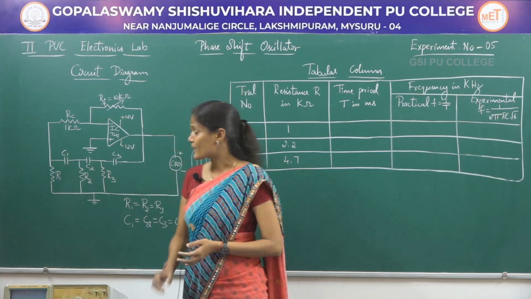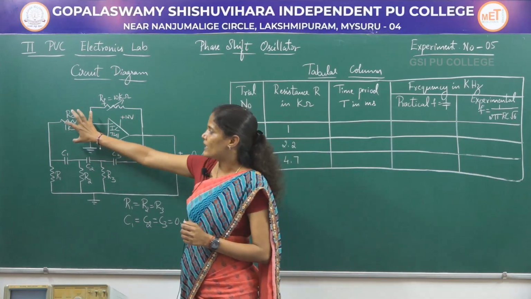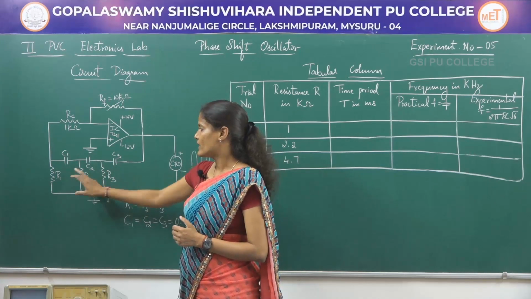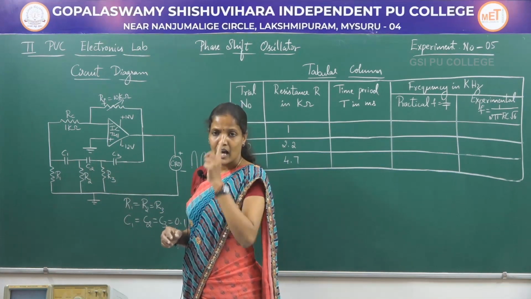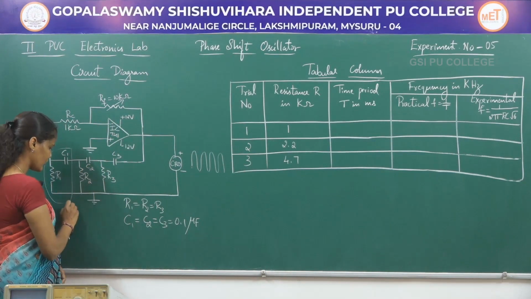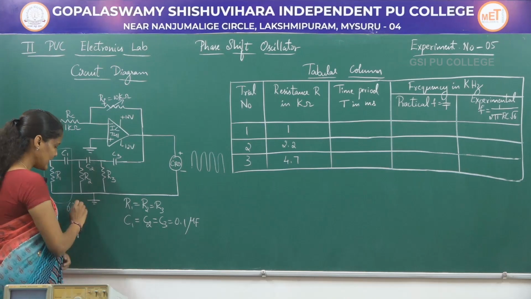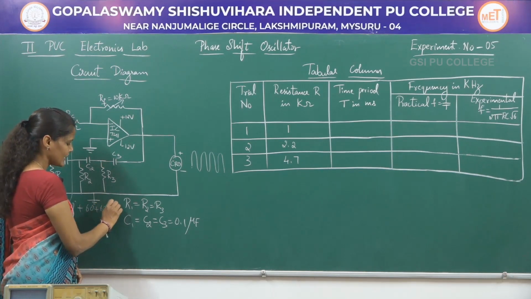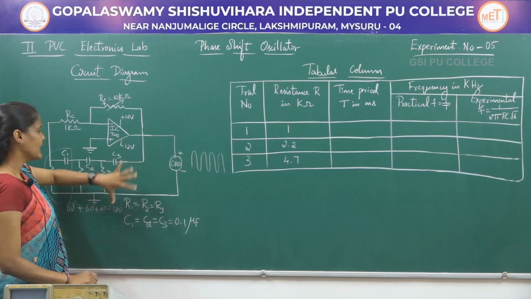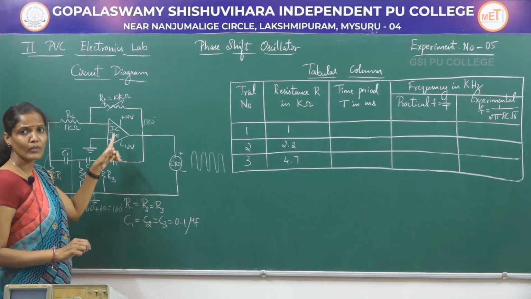So for this experiment I will be using an op-amp, one variable resistor, one resistor whose value is equal to 1 kilo ohm, and a combination of R1, R2, R3 along with C1, C2, C3. One stage of this RC combination will provide a phase shift of 60 degree. Likewise, I have three different sets. Totally 60 plus 60 plus 60, which is equal to 180 degree phase shift, will be provided by the feedback circuit. And another 180 degree phase shift will be provided by the amplifier circuit where I am using the operational amplifier in the inverting mode.